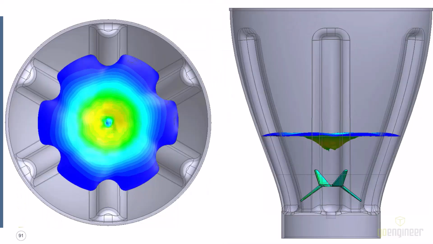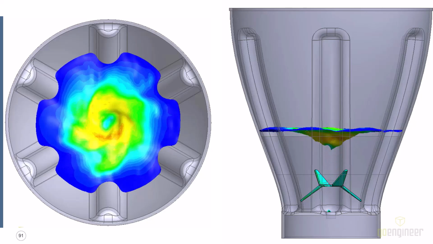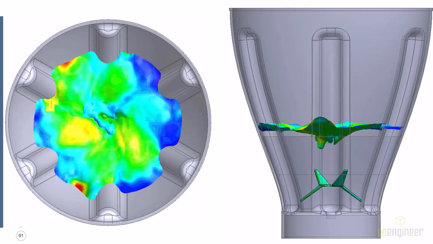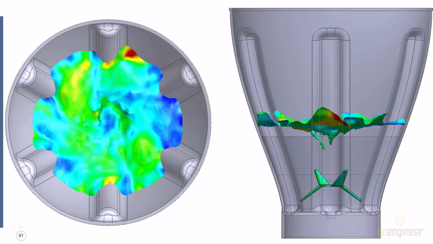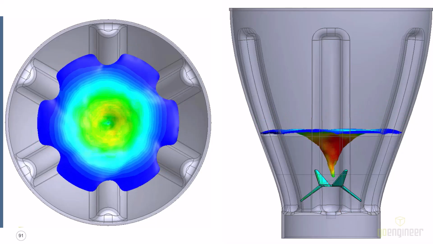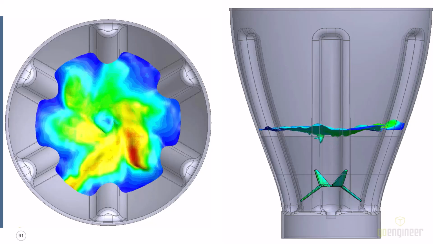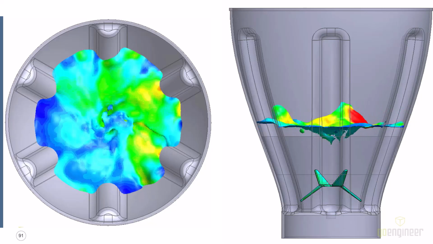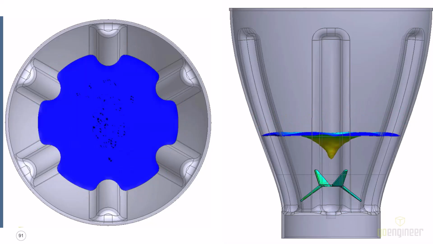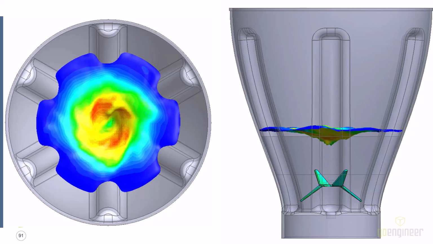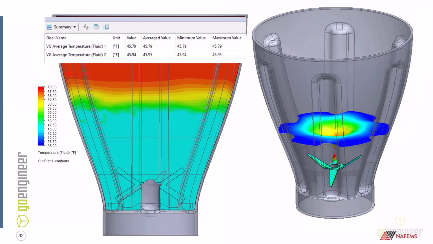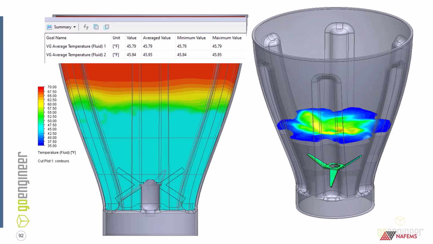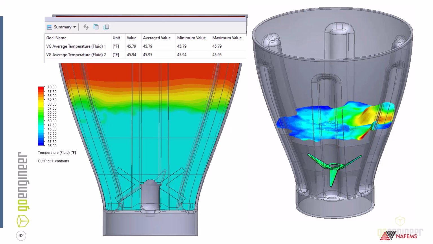Let's add some ribs to the pitcher. And that was what you saw the setup on. So we're seeing a little bit more of that happening. It's not quite as violent of a mixing. However, you're seeing a little bit more movement at the upper surface, but not as much down below. We're kind of slowing that fluid down, and you can see from the temperature plot at the end of the 5 seconds, a lot better temperature